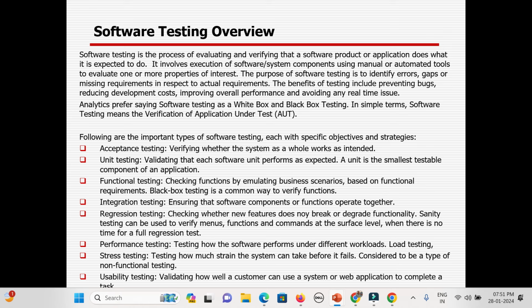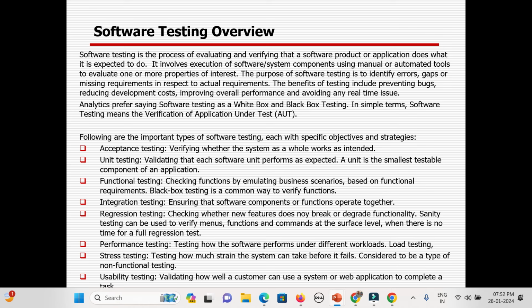After that, the code will be deployed in a testing environment. There might be a couple of environments. One is called the development environment. One is called the testing environment. In the testing environment, there might be a couple of environments: one for system testing, and one for system integration testing. One might be for end-to-end testing. One might be for user acceptance testing, or UAT, and one is production. So there might be different testing environments, where all the stakeholders need to perform the testing.